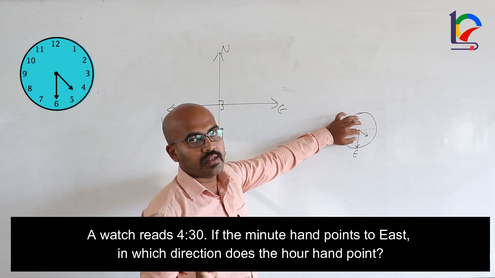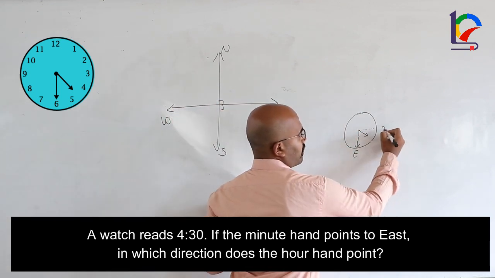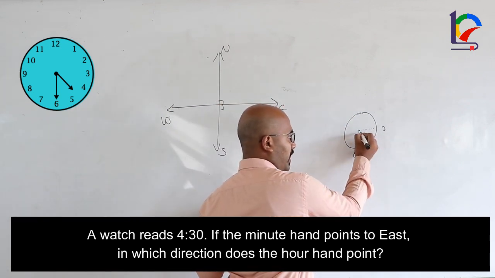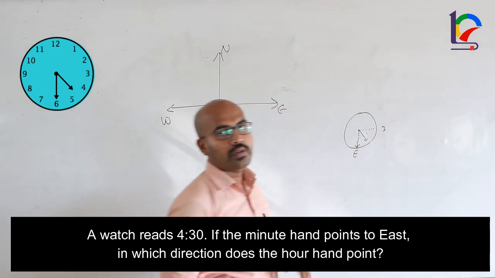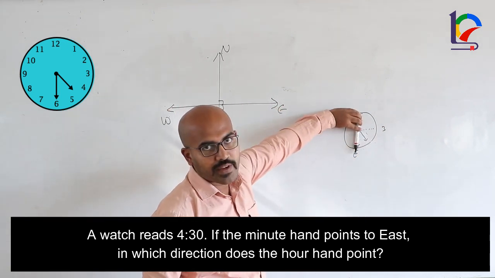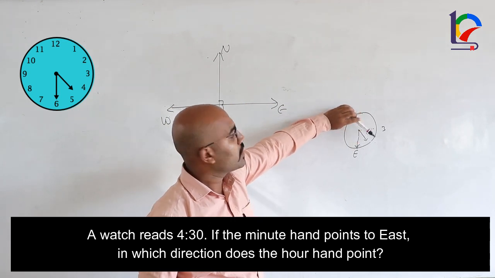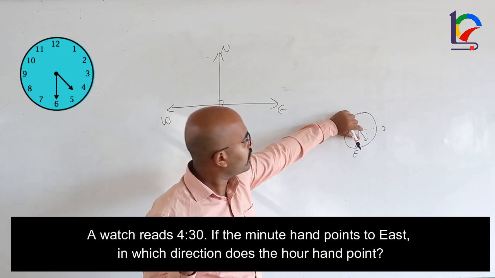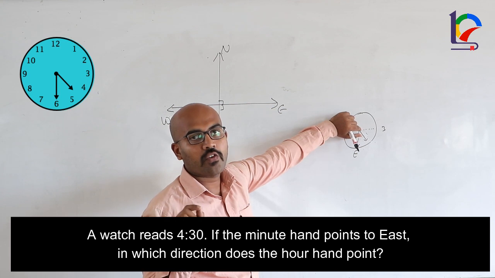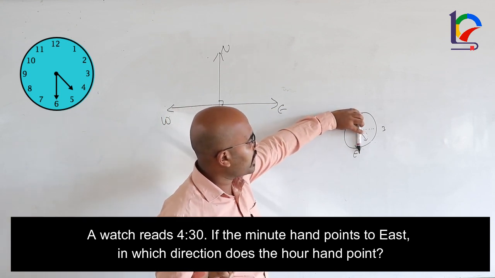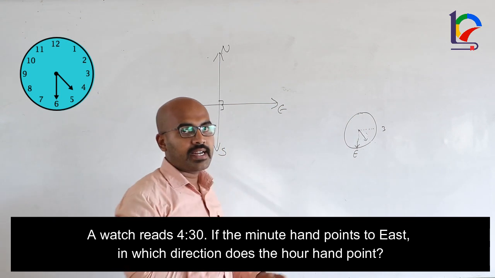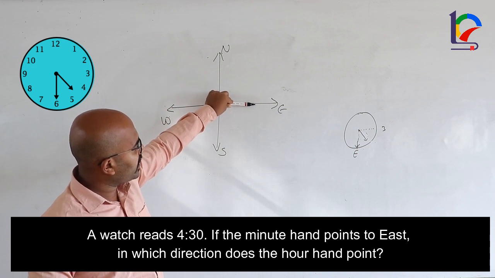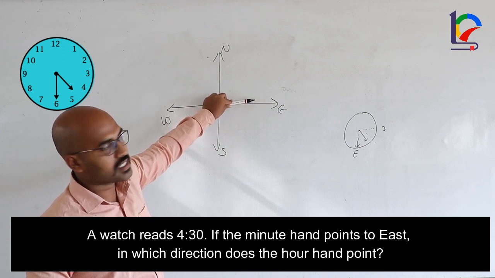The hour hand is somewhere in between. If I see, this is 3, this is 4, this is 5 and 6. The hour hand will be somewhere in between these two. From here, I am moving in the anti-clockwise direction. To complete till here, it is 90 degrees. This is in between these two, so it is an angle of 45 degrees. On moving anti-clockwise 45 degrees, what would be the direction? If I take from here and move 45 degrees in the anti-clockwise direction,